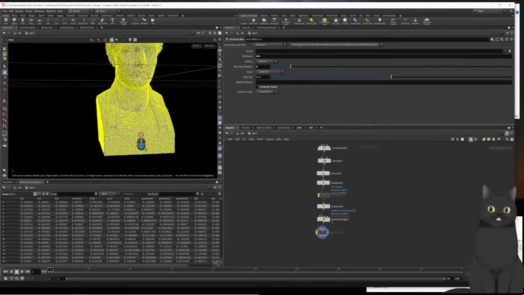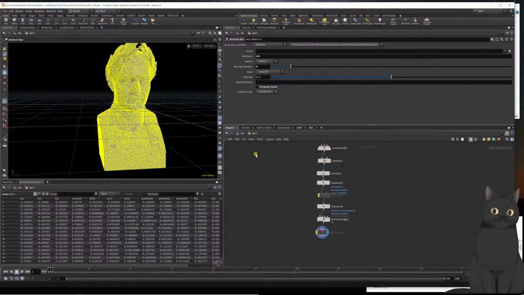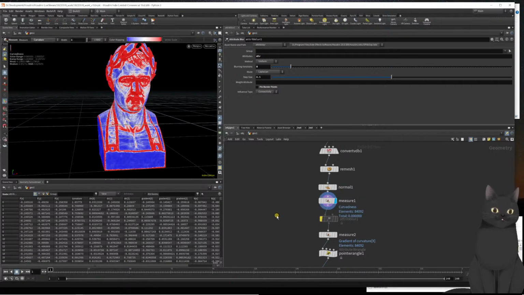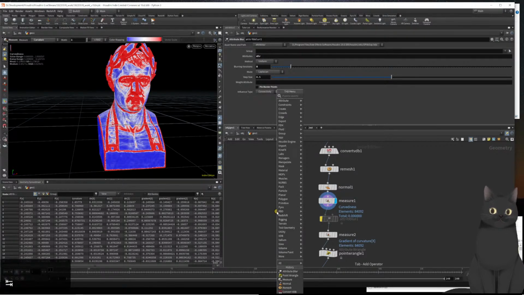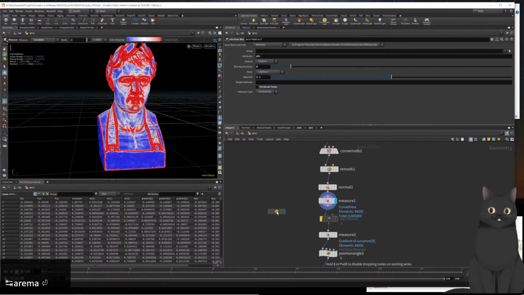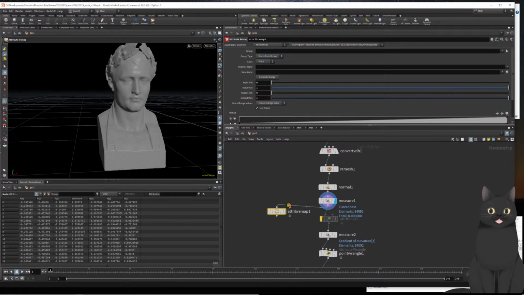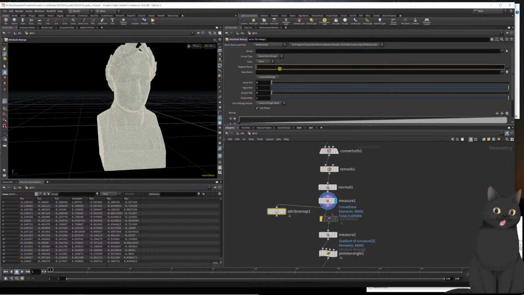For that, I'll be using my curvature that I calculated up here, and I only want to scatter points in those areas where we have a really high curvature. And for that, first thing I'm going to do is use an attribute remap, which I'll attach to the measure node here. And I want to remap the curvature to another attribute, which I'm going to call density. Let's also visualize the density attribute by just clicking on it like this, and you can see